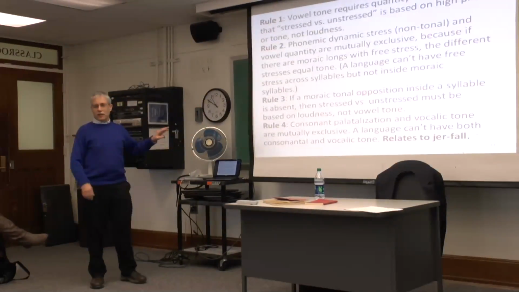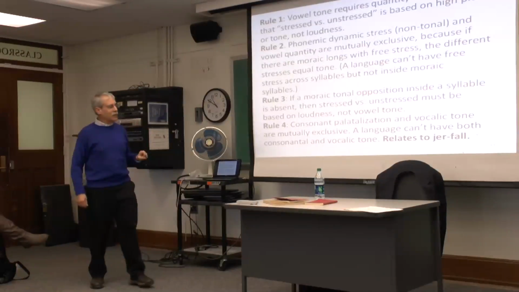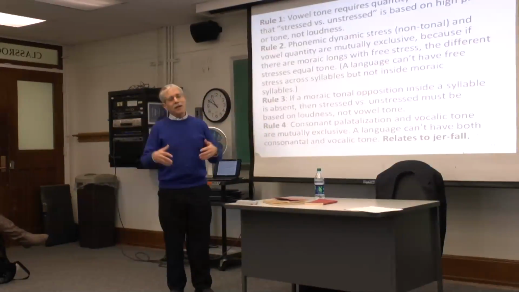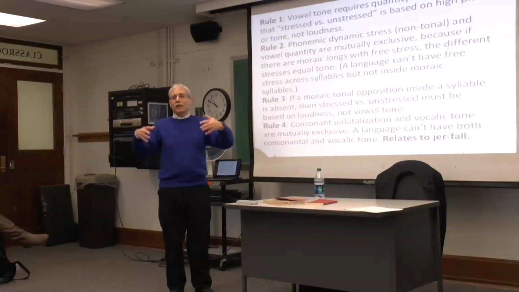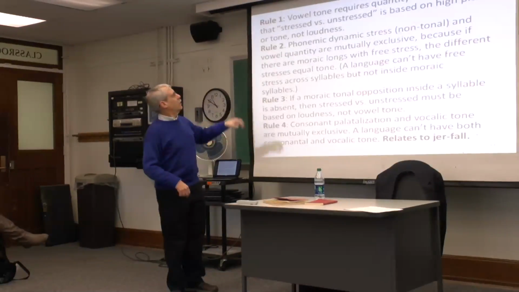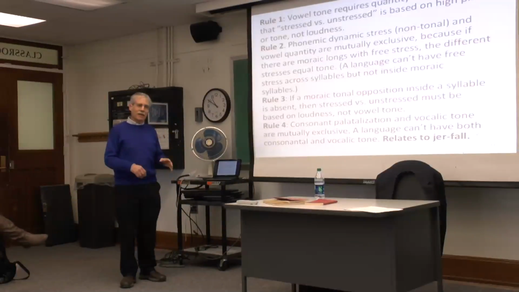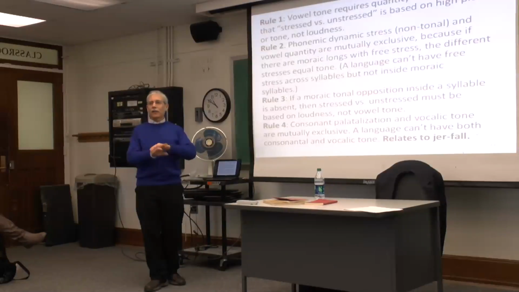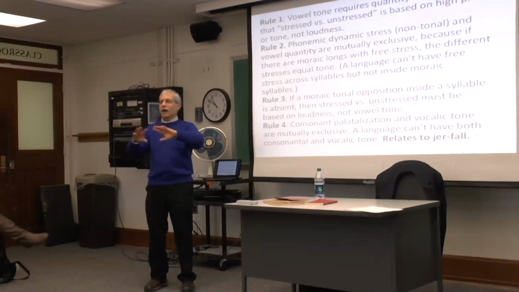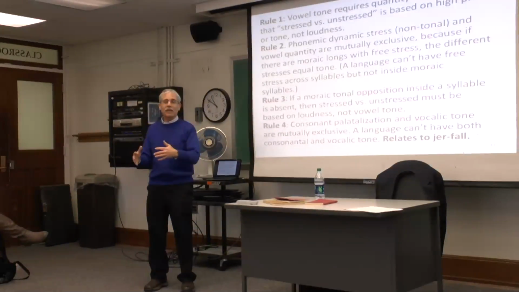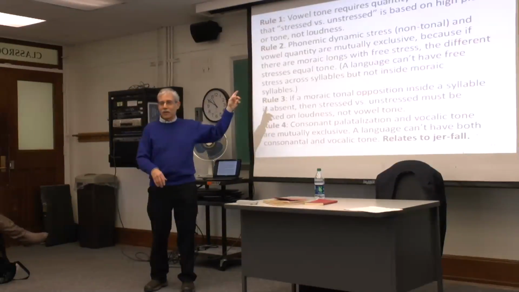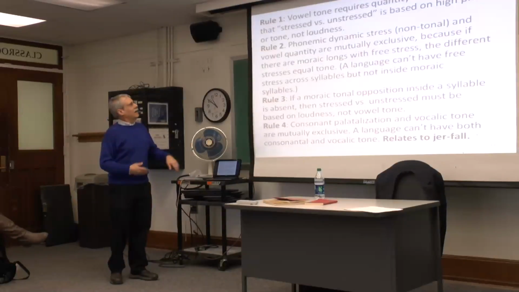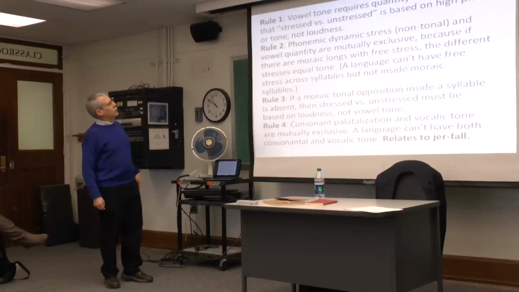So here are the rules. What I did was try my best to distill these out of Jakobson's book. The thing is, they're not set off in such a clear way, and they're a little hard to read, but this is my attempt to make them a little bit easier to show you. If you don't know these rules, you can't really understand what Jakobson is saying about these isoglosses and all the conflict. The conflicts don't make any sense unless you understand these principles, which is one reason it's a hard book to read. So let's see if we can find out what these rules are.